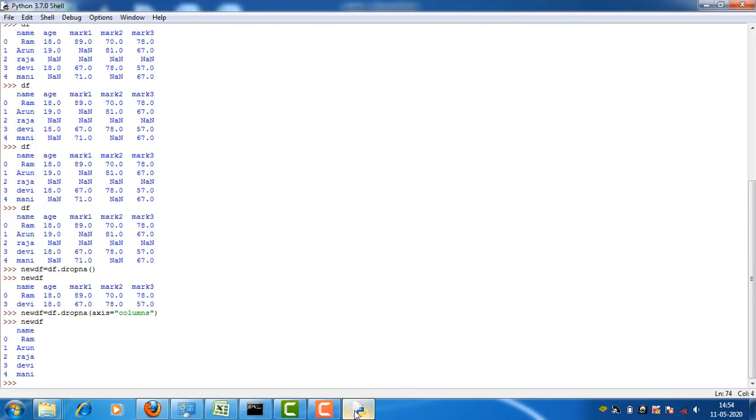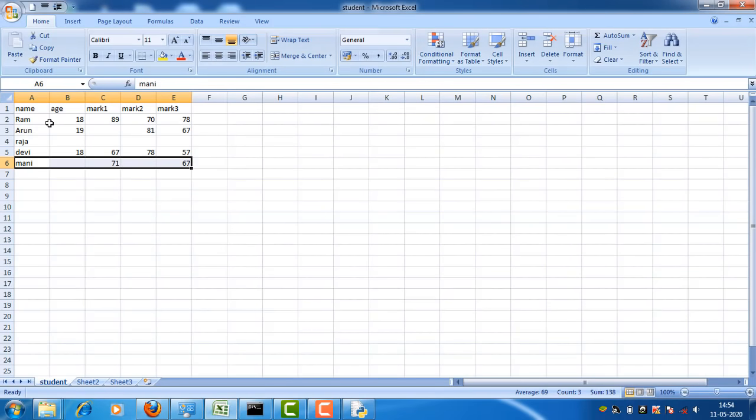Now we will get only one column from my Excel sheet because the name column does not contain any None value. Okay, see the Excel sheet, the name column is fully filled with values, so the name is displayed in the dropna method. Okay.